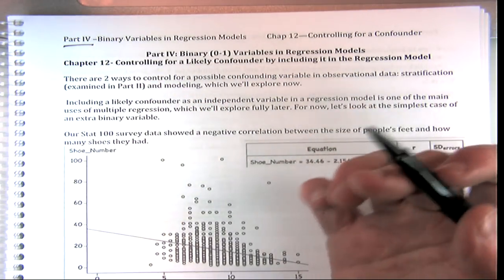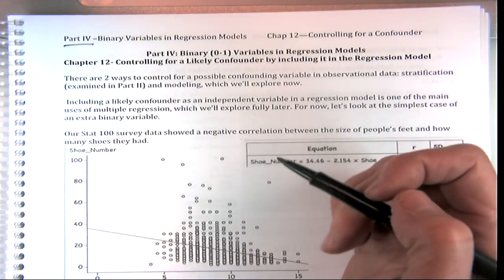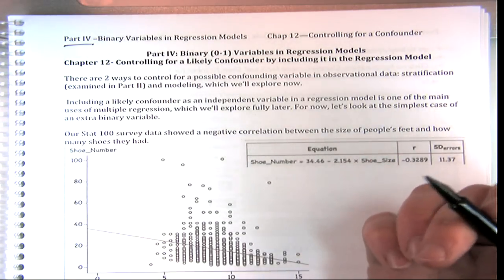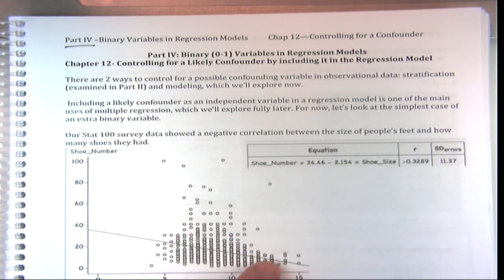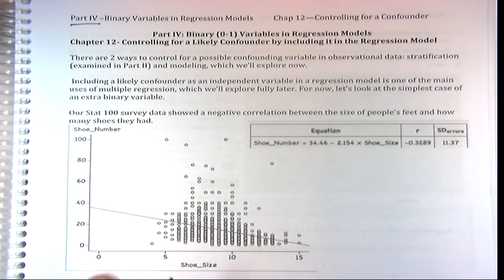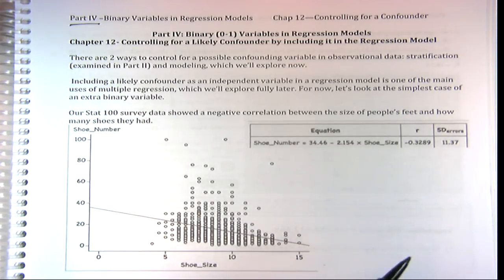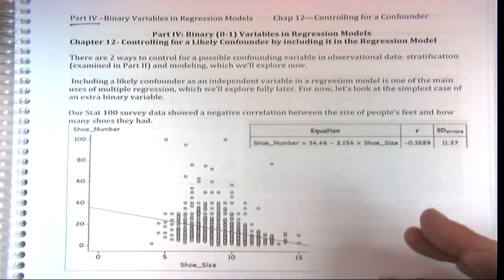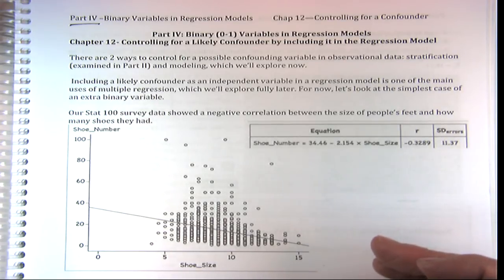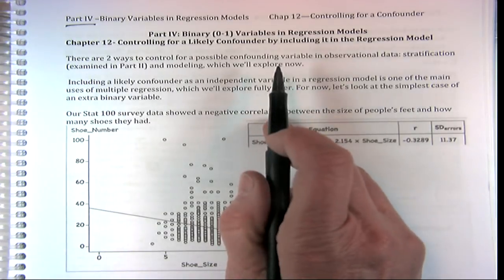For example, male, female. So instead of just having one x predicting a scatter plot in 2D, we're going to have another axis, it will be in 3D, but it will just have two values, either 0 or 1. I think it's the simplest case to understand, and also it will be easy for us to understand how